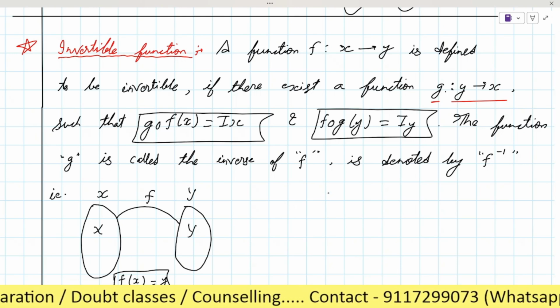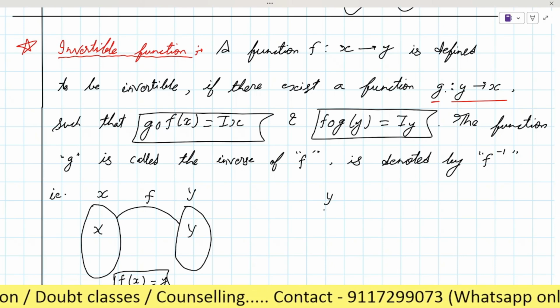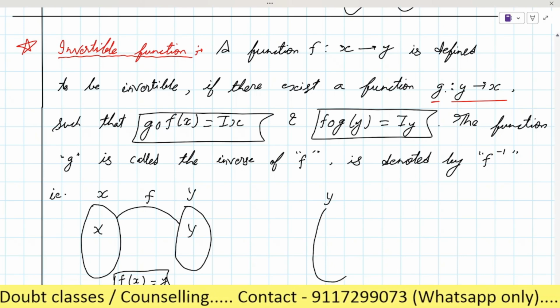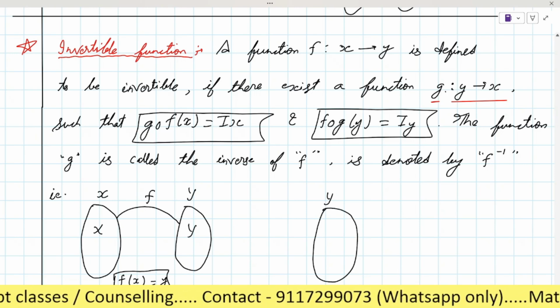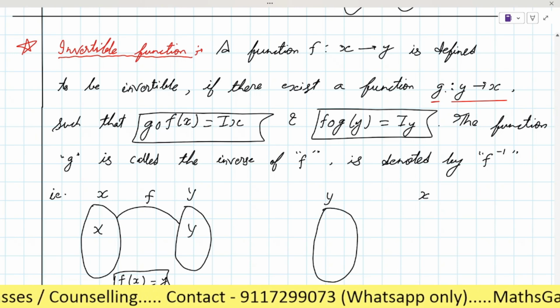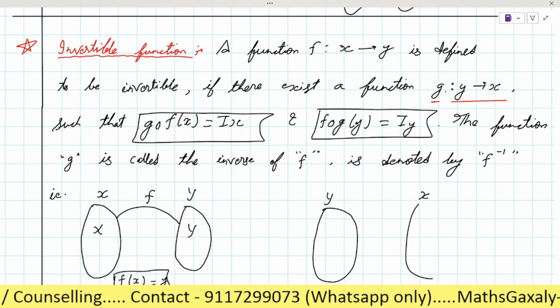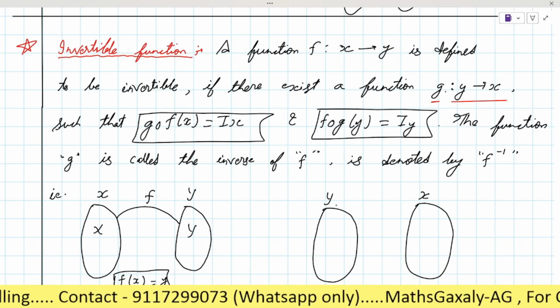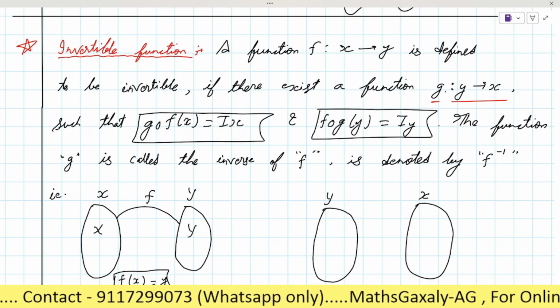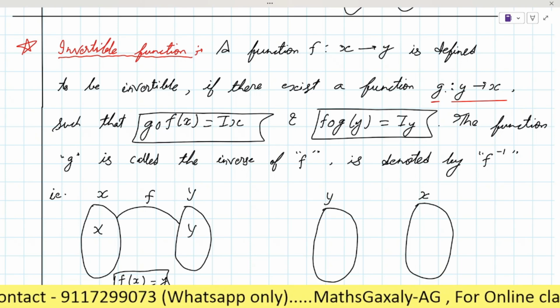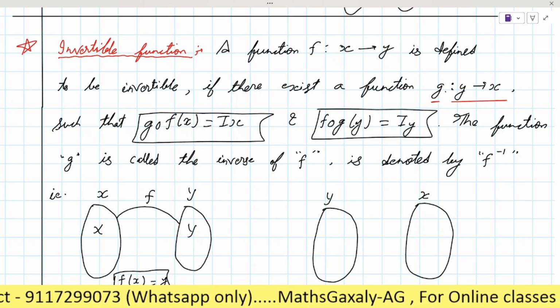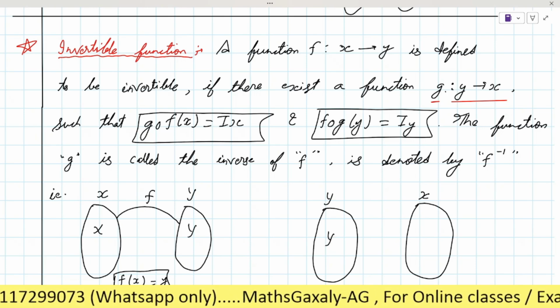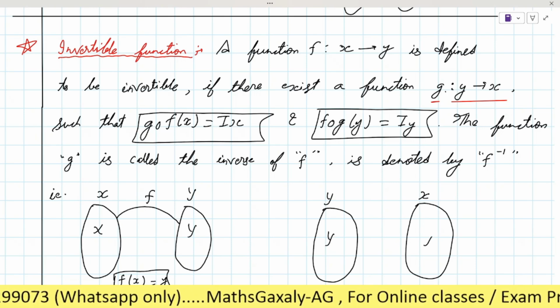Let's move ahead. Now we will take the set Y. When we take the function from Y to X, the elements of Y are y and the elements of X are x.